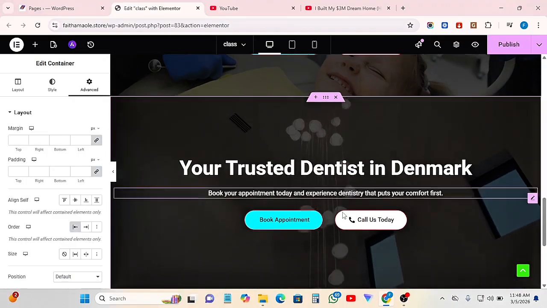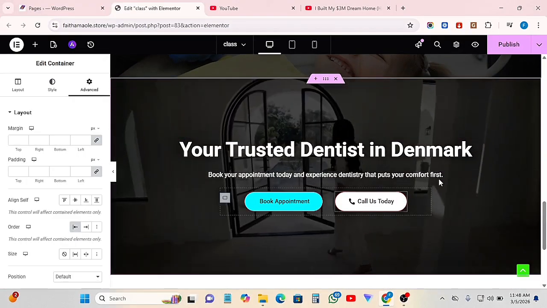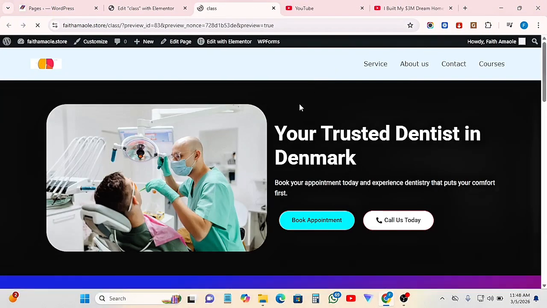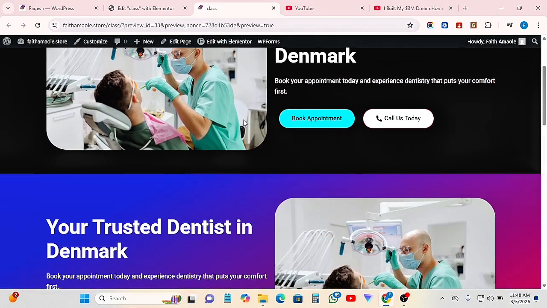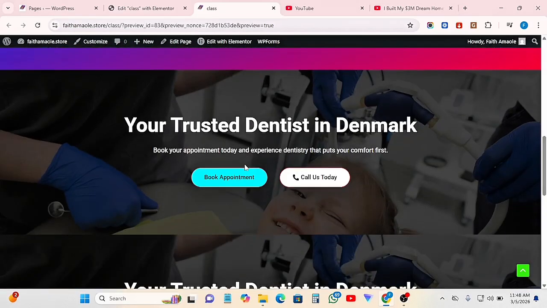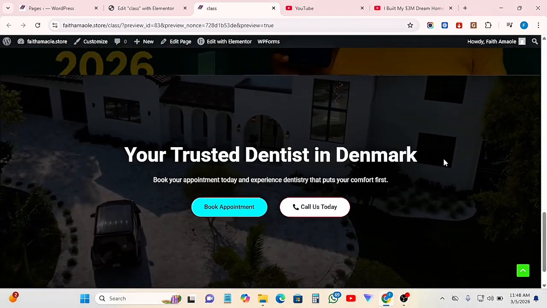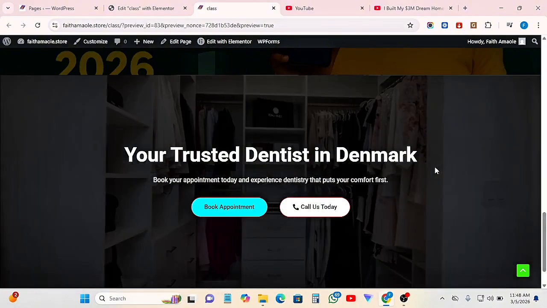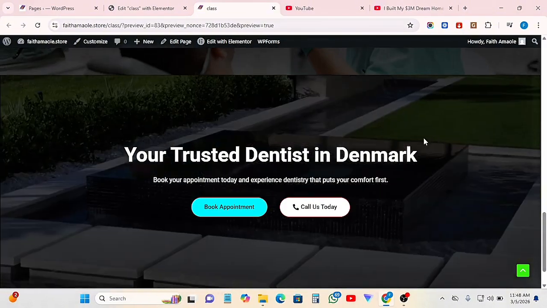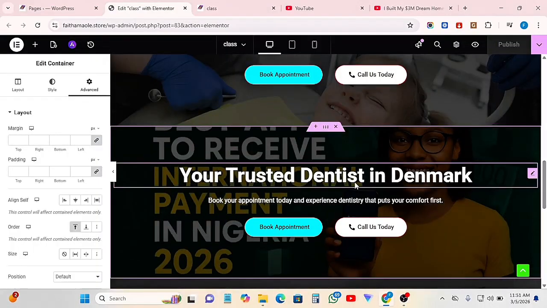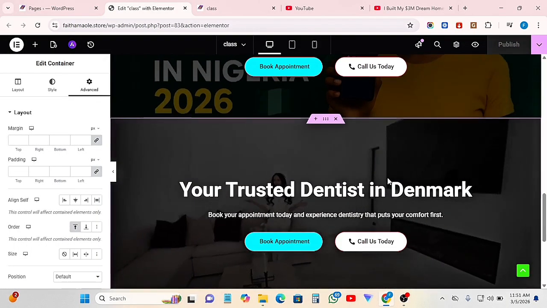So we now have a video background playing in the background. Let me publish this and let's view or preview it live. Let's see how it looks like. This is the first hero section we designed. This is the second hero section. This is the one that has video. Can you see? So once someone lands on your website, this is how it will be playing in the background. This is fantastic. So now that we have designed all our hero sections, we want to see how they look